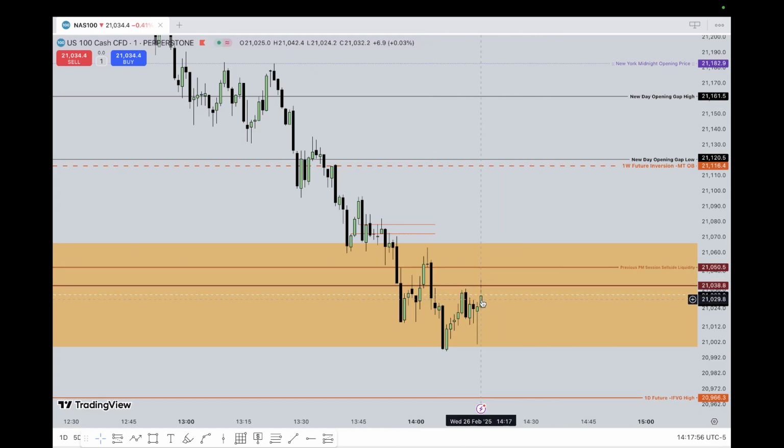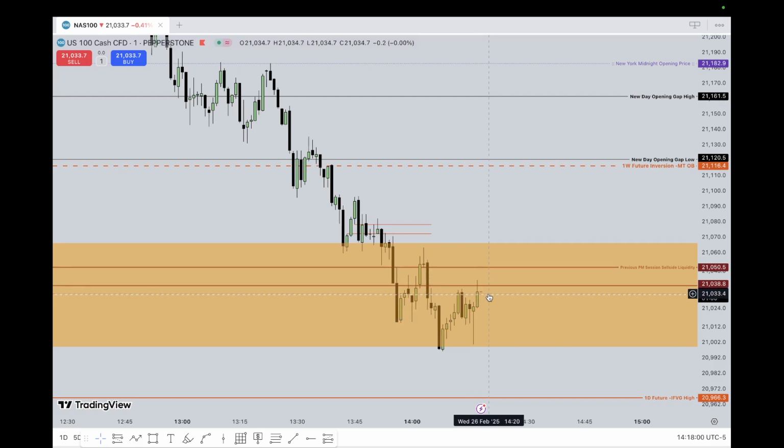I would prefer for the market to remain below the consequent encroachment of this 50-minute CB with these bodies, which we did not do. Instead of this candlestick, if I'm looking for this to be the third candlestick of a swing high, so this is the first, second, and the third, I'm looking at the consequent encroachment of this. The last